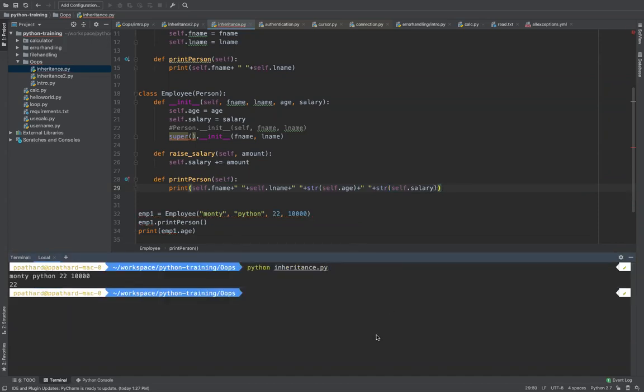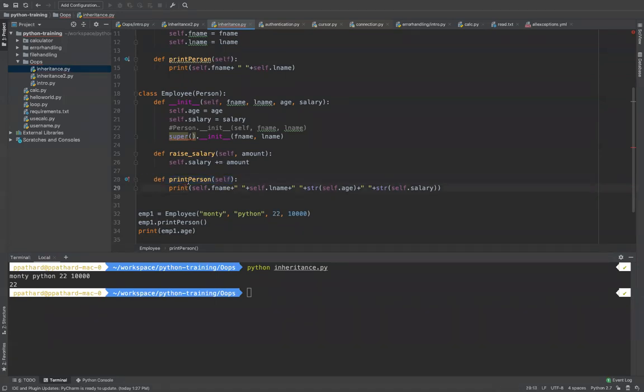All right. So now when you call print person, it is calling this method rather than the parent method, because the parent class also has a print person functionality, and the child also has print person functionality.